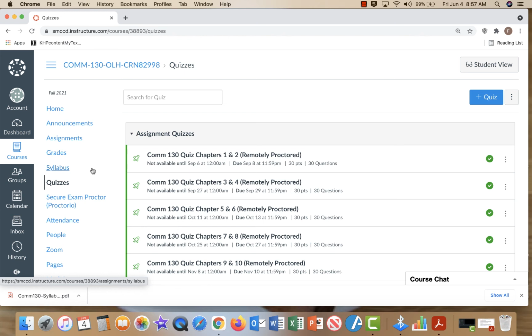Here you have all of your quizzes, and again, if you look at the syllabus link, all you do is click on your assignment, and it'll take you to the quiz. Remember, you want to use Google Chrome, with the Proctorio extension added to Google Chrome so that you can complete your quizzes. There's no exception for not using Proctorio. It might be a pain in the neck, but you have to use it.